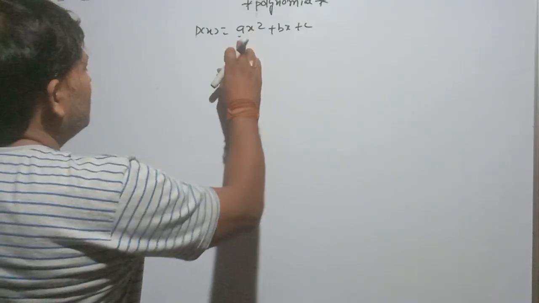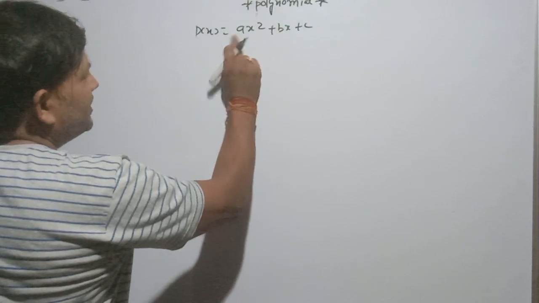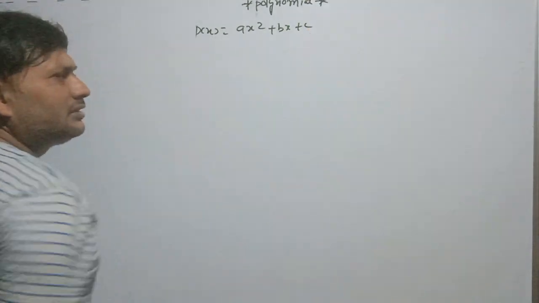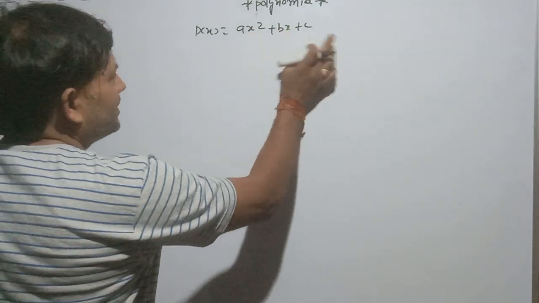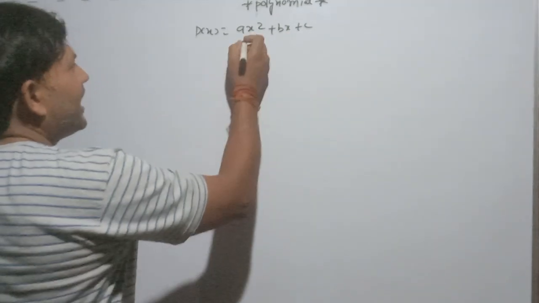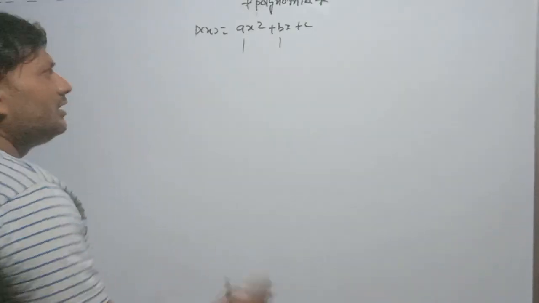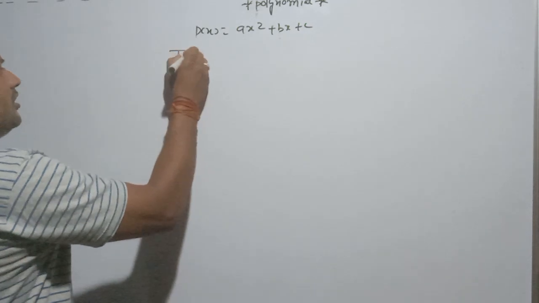Here a is a constant number and c is a constant number, real numbers, and this is x, the variable. So you can say that each part of the polynomial is called a term. So the definition of term: